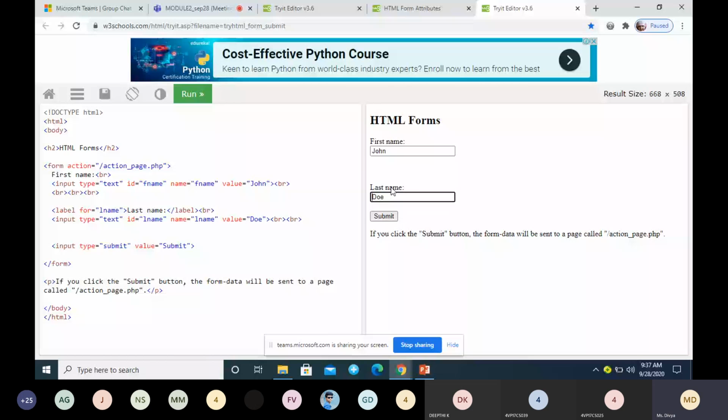When I click on it, the entire text box gets selected, isn't it? Suppose I don't place it within the label tag. When I click on the text first name, the text box will not get selected. That is why placing the text box title within the label is a good way. If you place it within the label, when you click on it, the text box will get selected.